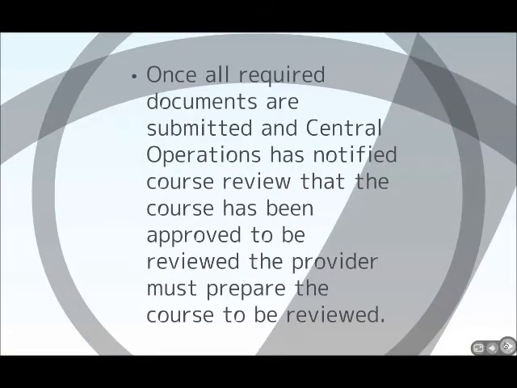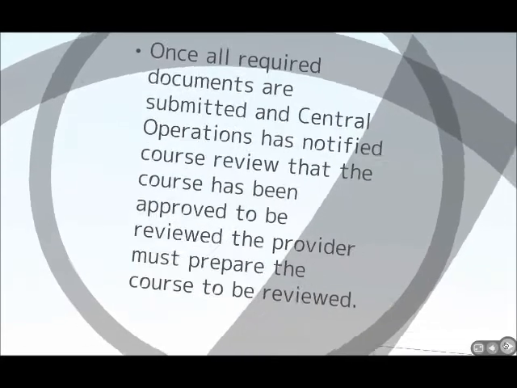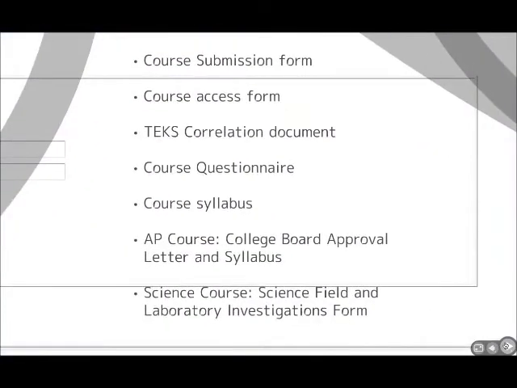Once all required documents are submitted and Central Operations has notified Course Review that the course has been approved to be reviewed, the provider must prepare the course to be reviewed. The documents that will need to be uploaded to the ECSS include the course submission form, which is the general information about your course, such as the course title, and it will need to have a current PEIMS number listed there as well. The course access form with a working URL and login credentials for our reviewers,